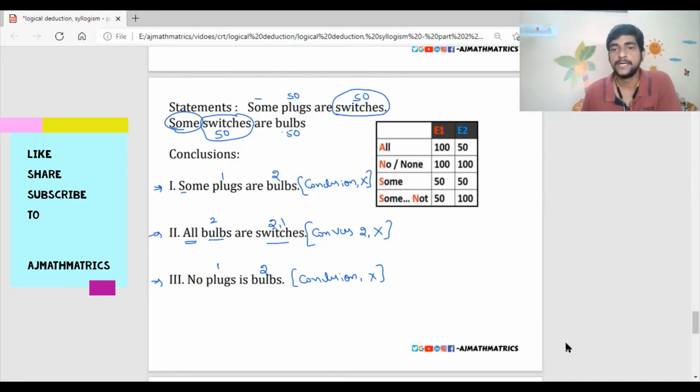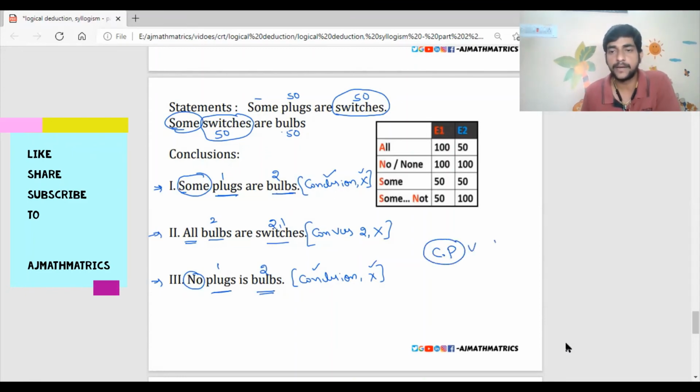complementary pair or not. So what's a complementary pair? First rule, both should be conclusions. Yes, these both are conclusions. Both not follows. Yes, these both are not follows. And elements are the same. Yes, plugs and plugs are the same. Bulbs and bulbs are the same. Next, one should be positive and one should be negative. See, this is positive and this is negative. So all the conditions are satisfied. So it belongs to a complementary pair.